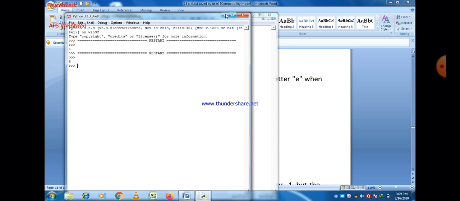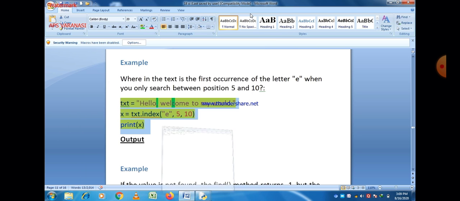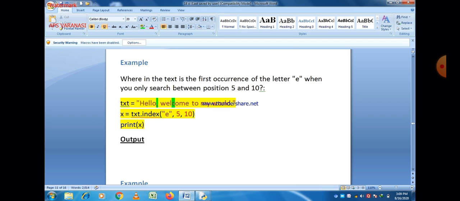This is our answer. 8 will be the answer in this case, because E is found at position 8 between the range 5 and 10.